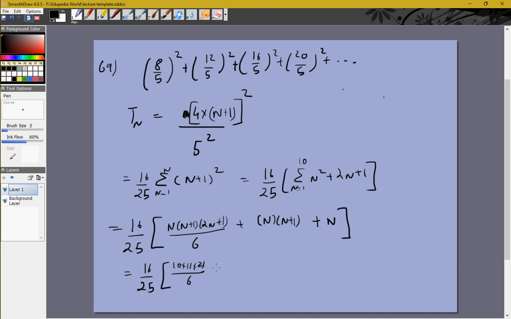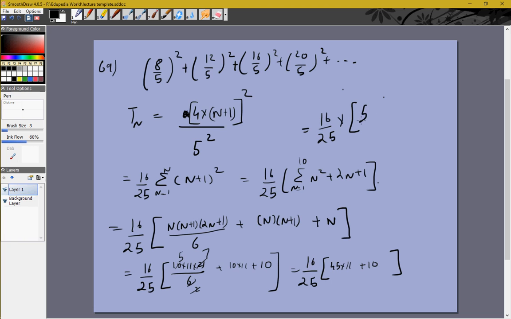Now n is equal to 10, plus 10 into 11 plus 10, which is 16 by 25 times, this is 7 and this is 2 and this is 5, so 5 into 7, 35 into 11, and 10 into 11, so it's 45 into 11 plus 10, which is 16 by 25 into, this will be 450 plus 45, 495 plus 10 is 505,